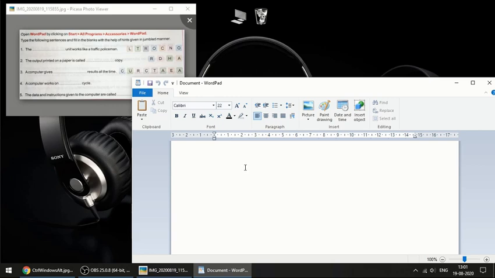Okay, I'll start typing the dash. Now what will be the answer? The control unit works like a traffic policeman, and then you have to press the enter button.